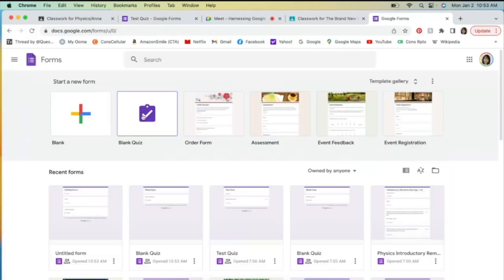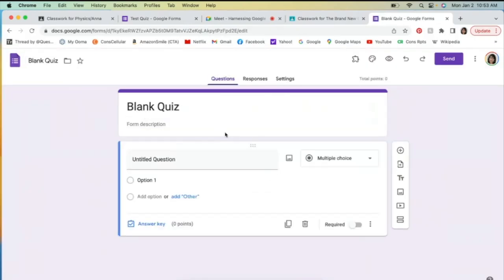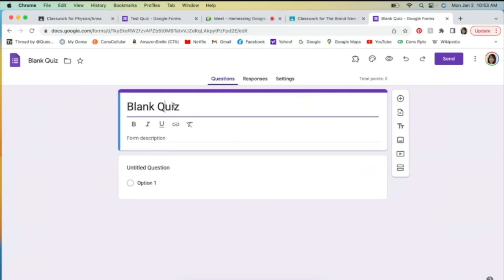Blank quiz. Quizzes are wonderful. Google quizzes are great. They can be simple or they can be powerful, but they can't be both. So what I mean by that is I can do a blank quiz, and I'm going to make this all multiple choice